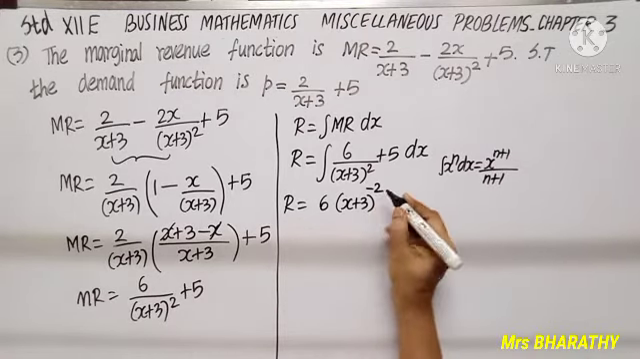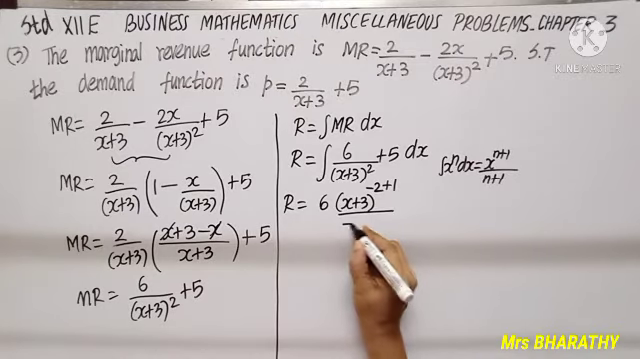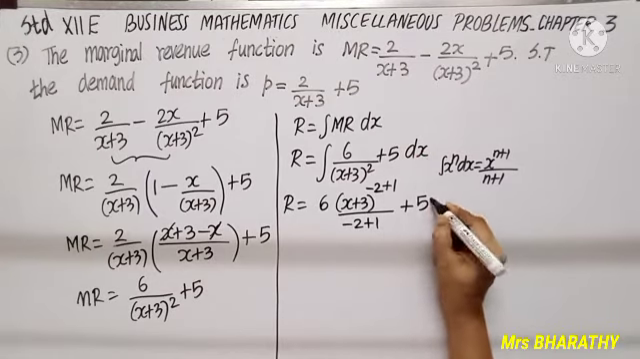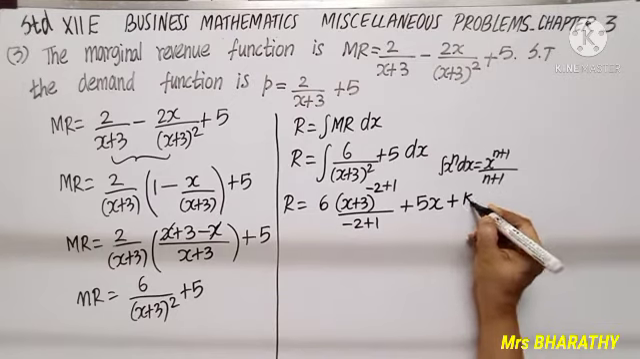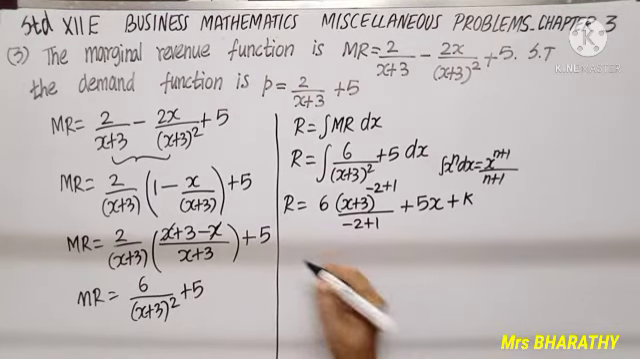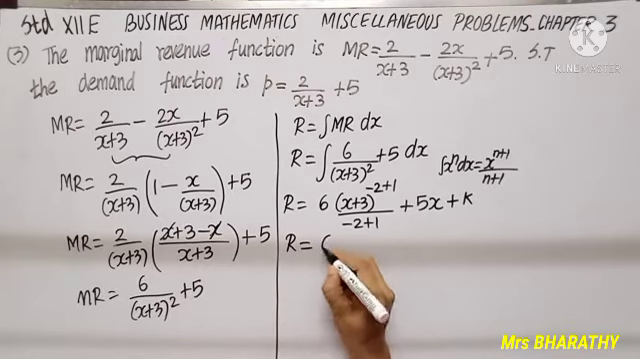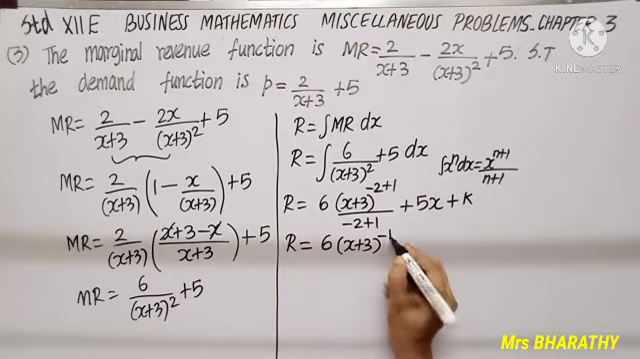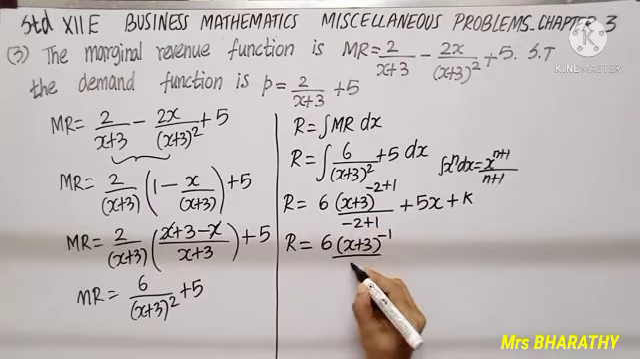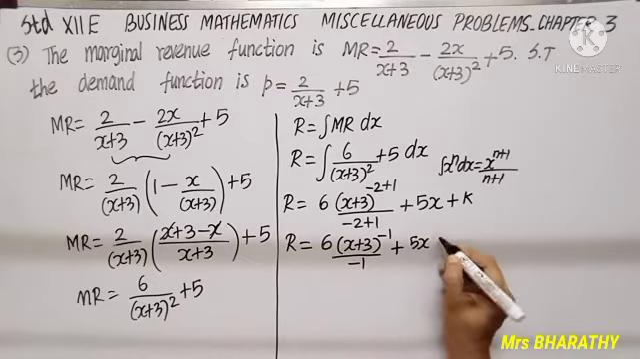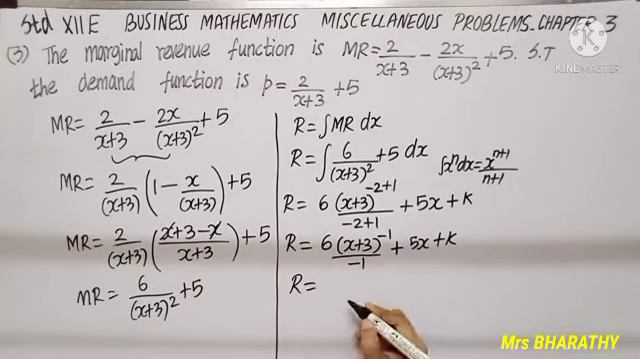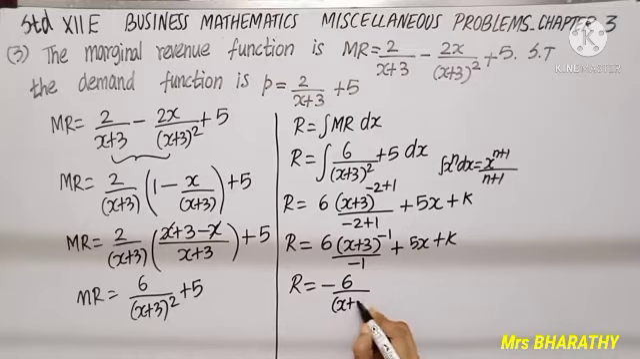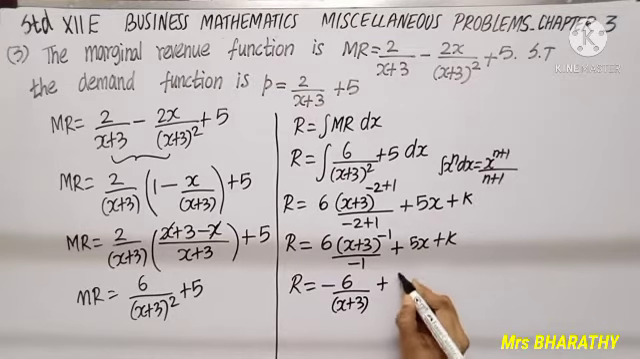Here the power is minus 2. Minus 2 plus 1 by minus 2 plus 1 plus constant will become x plus, introducing the integration constant, that is k. As I simplify, it is 6 into (x plus 3) power minus 2 plus 1 minus 1 divided by minus 2 plus 1 minus 1 plus 5x plus k. R equals minus 6 by (x plus 3), power minus 1 comes to the denominator with power 1, plus 5x